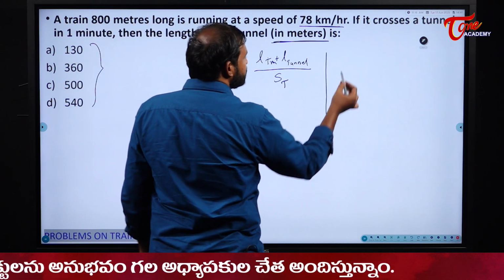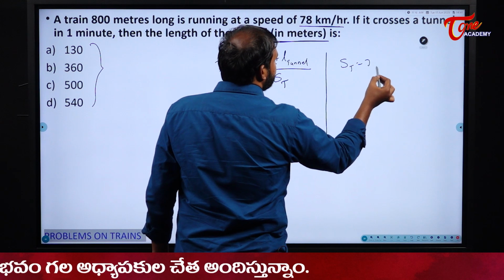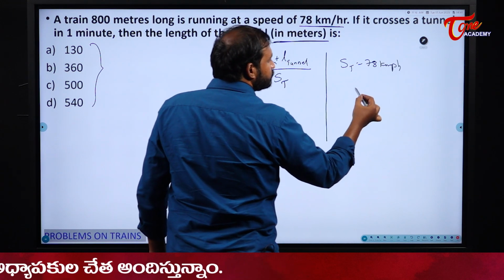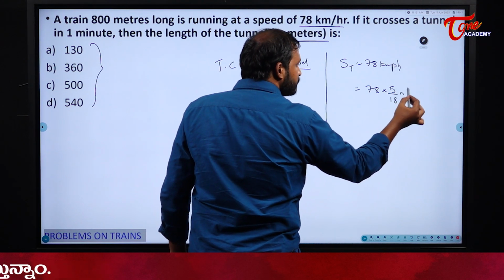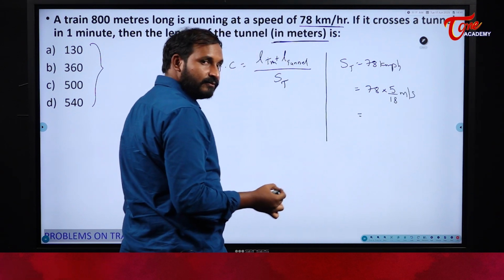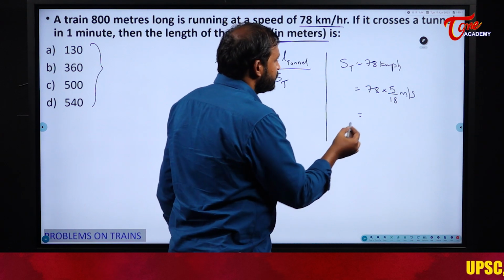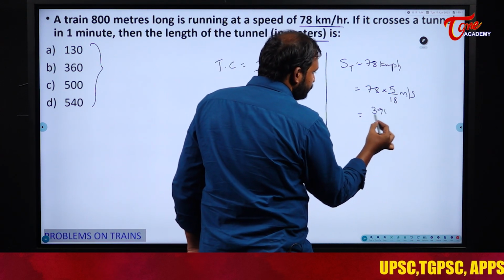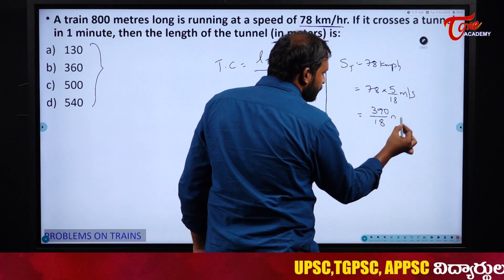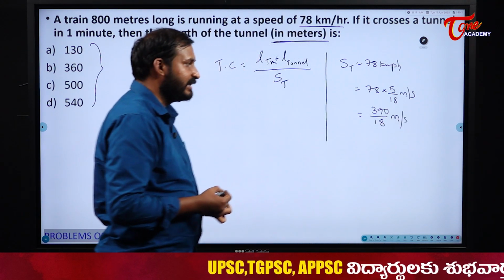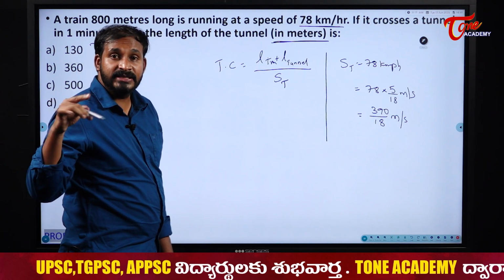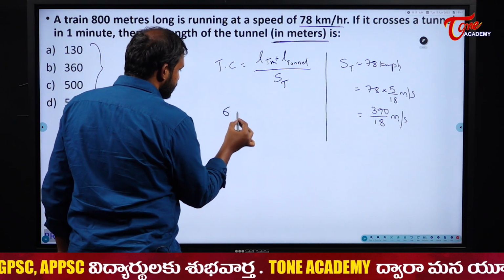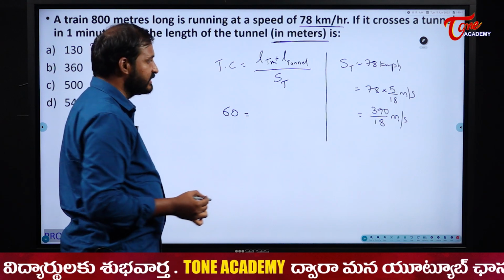Now, first before that, speed of the train is what? 78 kmph. That means 78 into 5 by 18 meters per second. So, 78 into 5, what does it become, students? 390. 390 by 18 meters per second. Now, time taken to cross is what? 1 minute. 1 minute means what, students? 60 seconds. So, that is the reason I will write directly 60 seconds is equal to